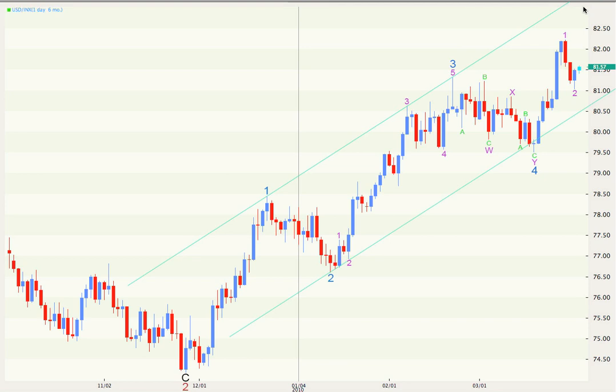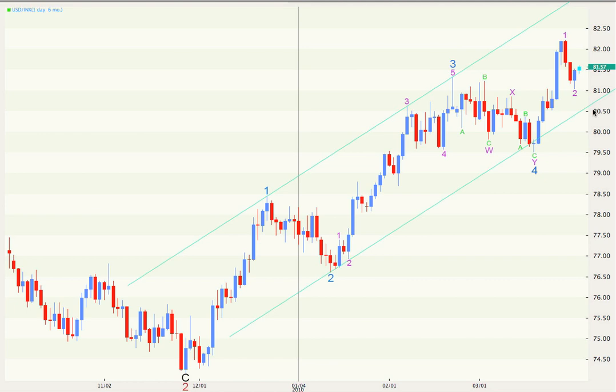This interpretation is invalidated with any movement below this point here, 79.51, although we would have movement below the lower edge of this trend channel prior to that point, indicating to us that this would be the preferred wave count and not the other one. So we may be just a few days away from having clarification either way. I'm going to use this trend channel rather than the invalidation point to tell us which of these wave counts